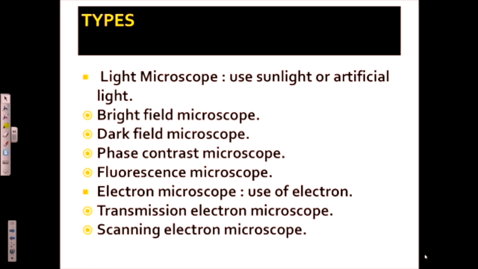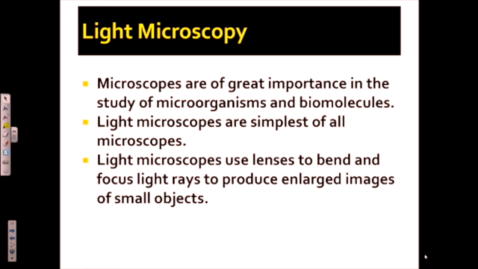Based on the light microscope, there has been a lot of improvisation. They have come up with a lot of new technology and different kinds of things. And under electron microscopes, electrons are used to see your sample. You have 2 basic kinds of electron microscope, one being transmission, the other being scanning.